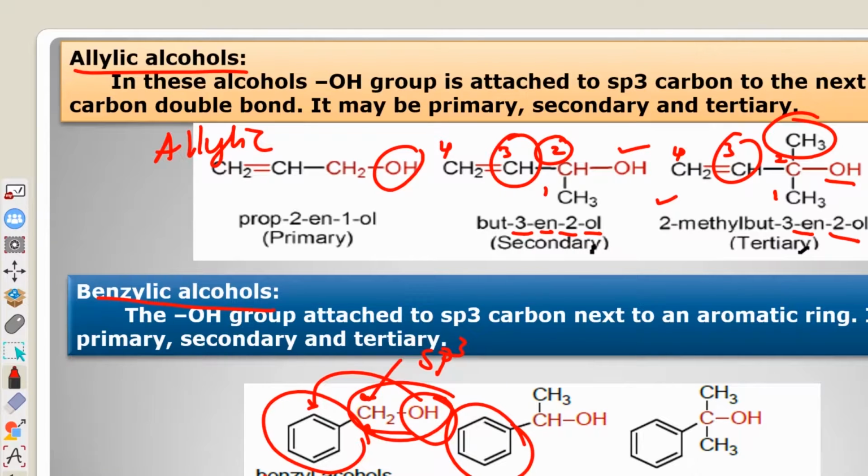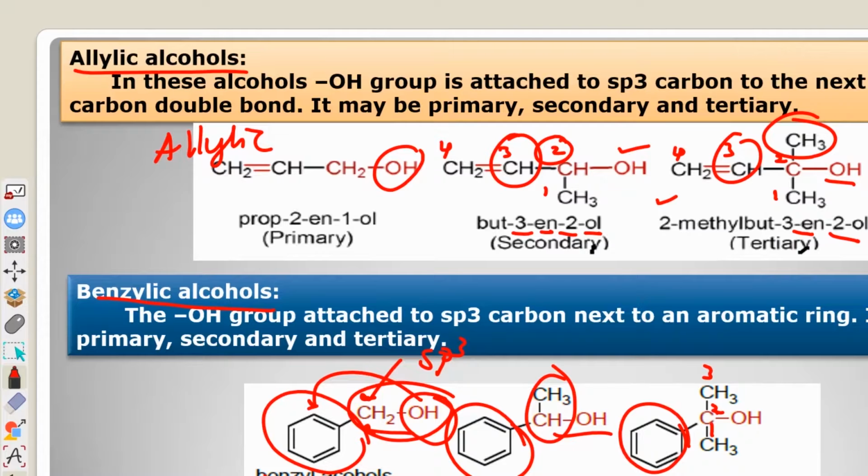Here also you can observe the complete phenyl, and how many carbon atoms do we have here? There are 2 carbon atoms, hence it is said to be ethanol, right? Again, if you come to this one, there is a phenyl group, and the numbering I have given is 1, 2, 3. Hence it is called propan-2-ol, because in the second position the OH group is there.